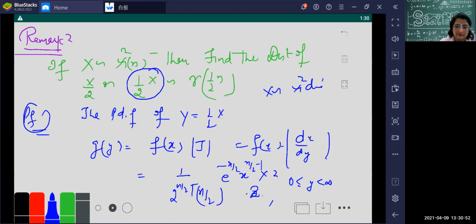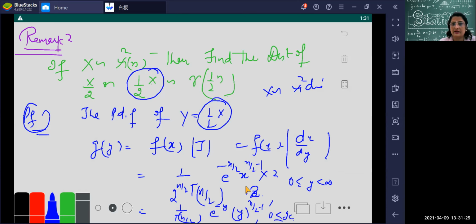So this comes out to be 1 by gamma n by 2, e raised to power, what is the name of x by 2, that is minus y, and x is y raised to power n by 2 minus 1, with 0 less than y less than infinity. All the variables must be in y, because the conversion has to be made in y. So therefore